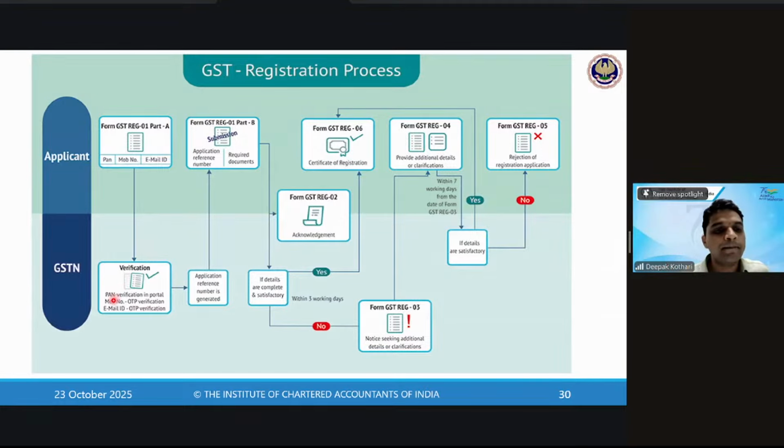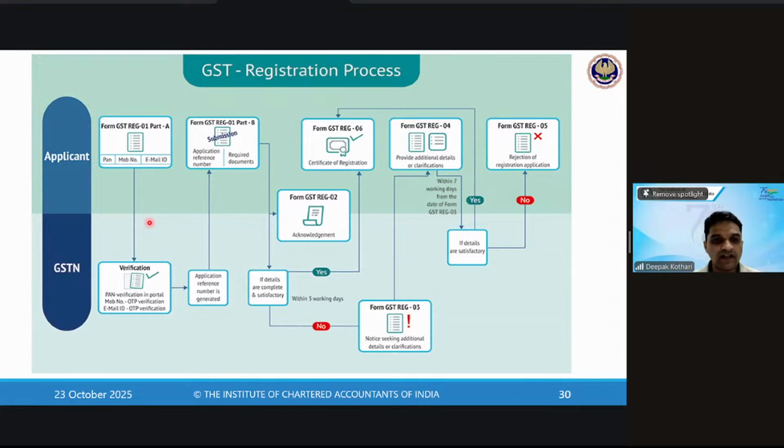पैन नंबर डालिए. पैन नंबर डालने पे आपका वेरिफिकेशन करेंगे. With what? With the Income Tax portal. इनकम टैक्स पोर्टल के पास आपके पैन का डेटाबेस है, जहां पे क्रॉस एक्सचेंज करके they will validate the numbers and your name what you're giving. Then mobile number, how will they verify? Through an OTP. Email ID, again through an OTP sent to the mobile, give it to the portal. Then all these 3 things are validated.